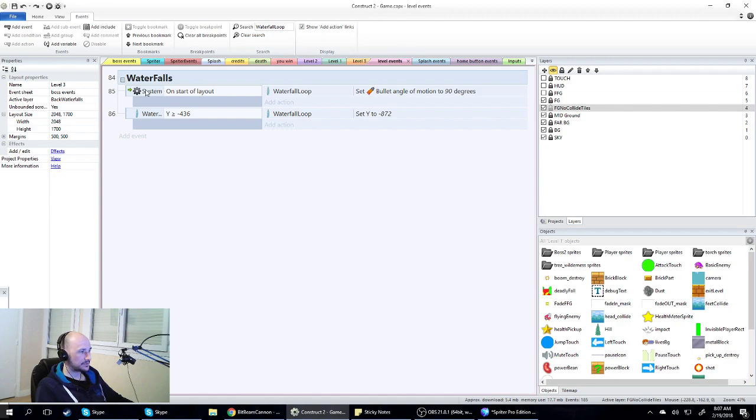Like if I have a collision check first, then it will only affect the one that was collided. But because there's no qualifying event, like was it collided with, or is its variable a certain thing, or is its X position a certain thing, it's going to affect all instances. So I did waterfall loop, set its angle of motion to 90 degrees, which is going from up to down, so it's going downward now. So all of them move downward because let me tell you, by default it's going side to side, and that